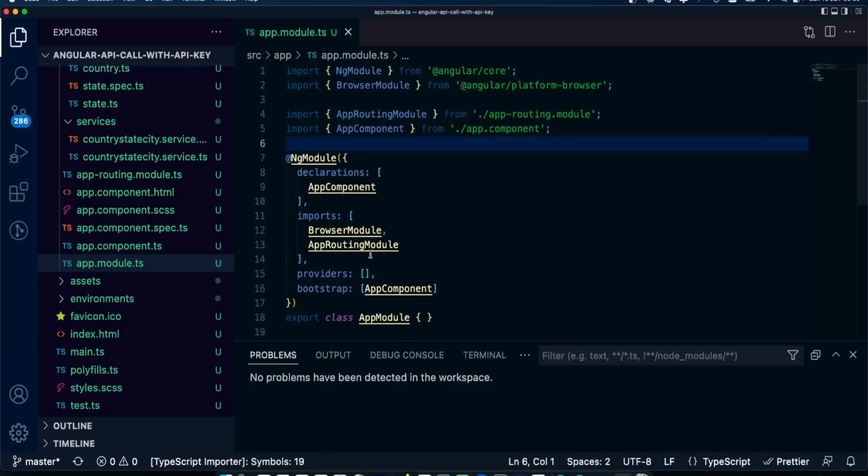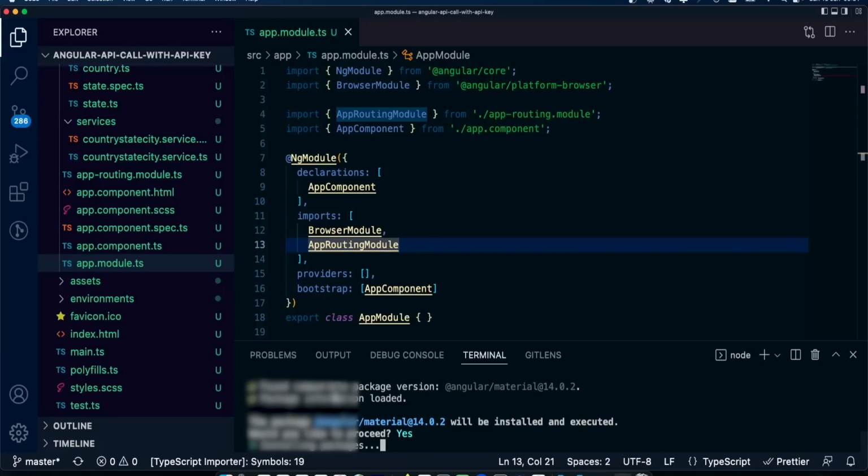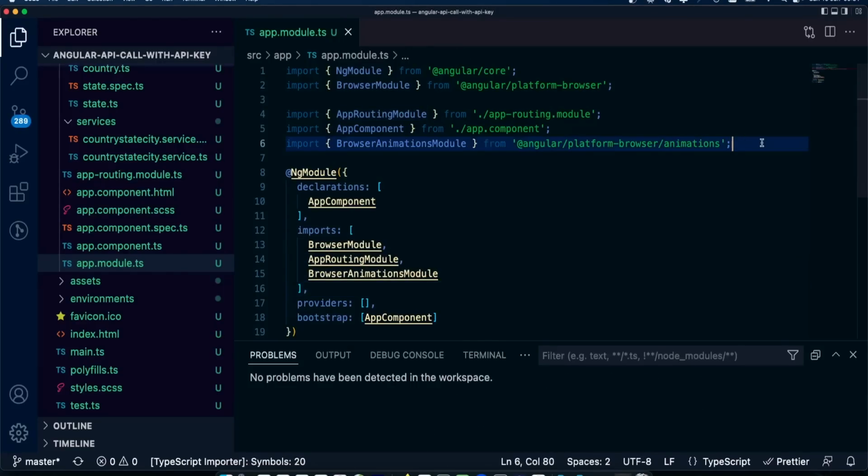So before we go further, this is a brand new project. We need to add Angular Material. So I'm just going to come to my terminal, and then I'm going to do ng add with Angular Material. This will add Angular Material to our project, and then we can use it. Okay, so the next thing that I want to do is to import some modules that will help us to achieve this. The names of those modules will be HttpClientModule and FormsModule.